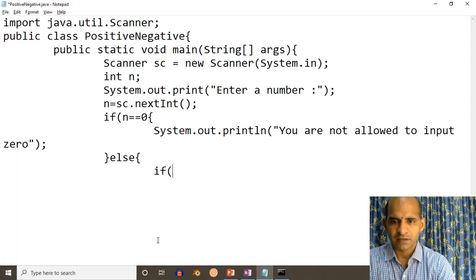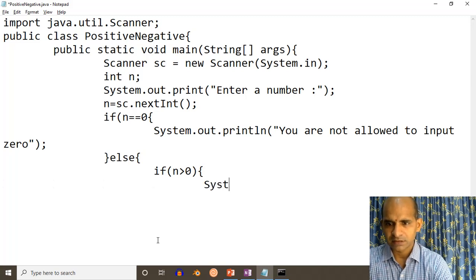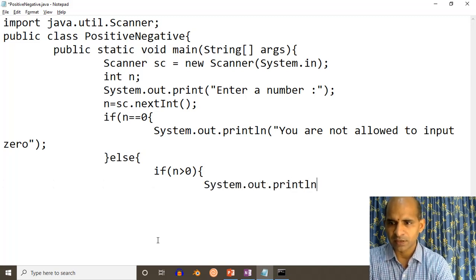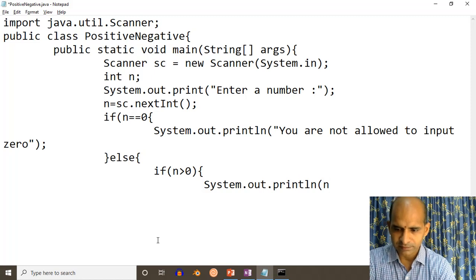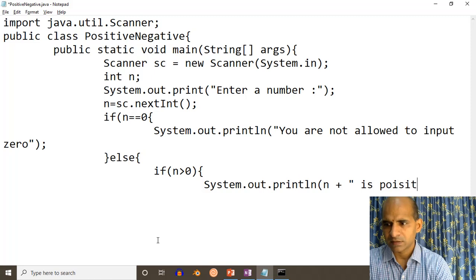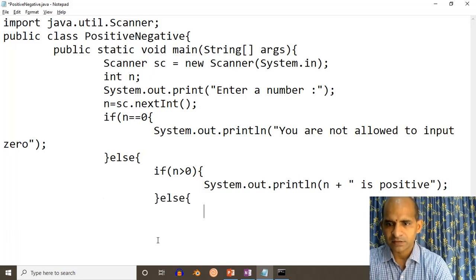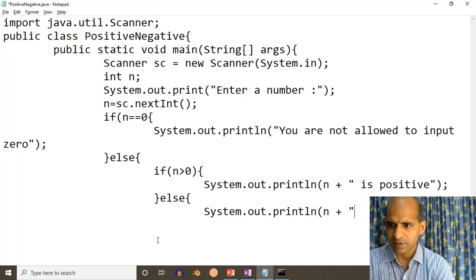If n is greater than 0, we will say System.out.println n is positive, else System.out.println n plus is negative.